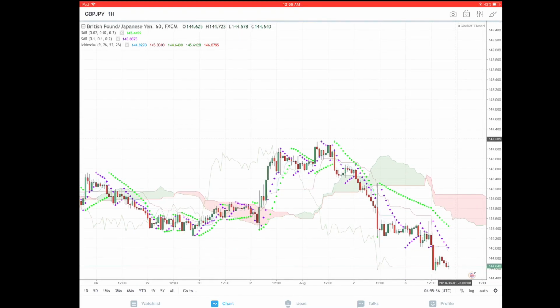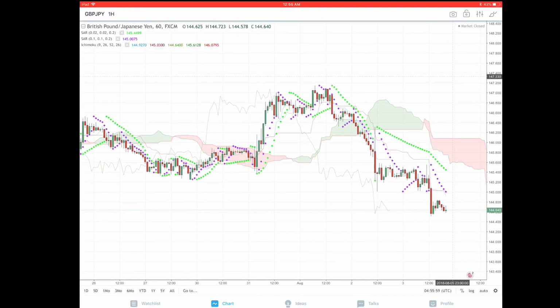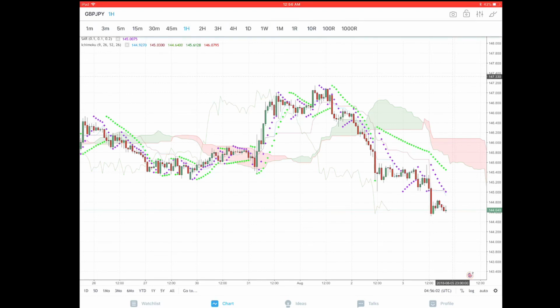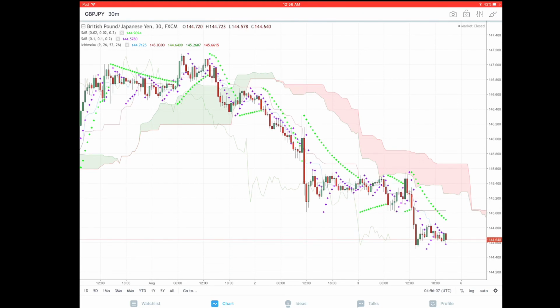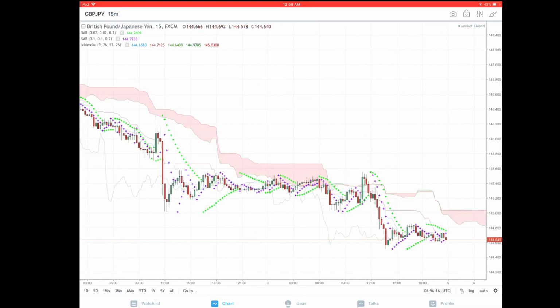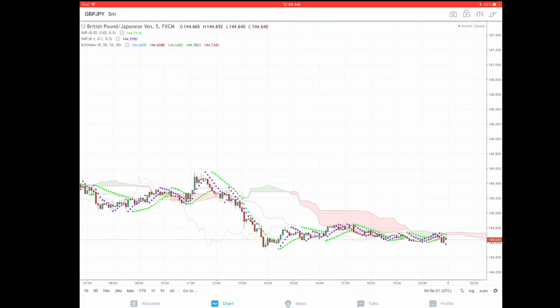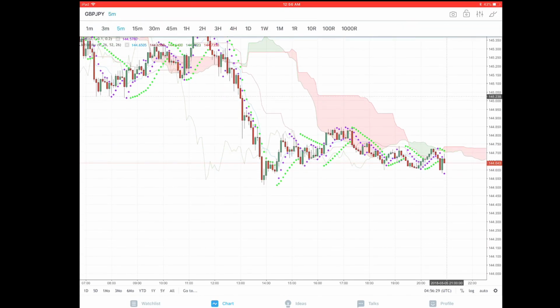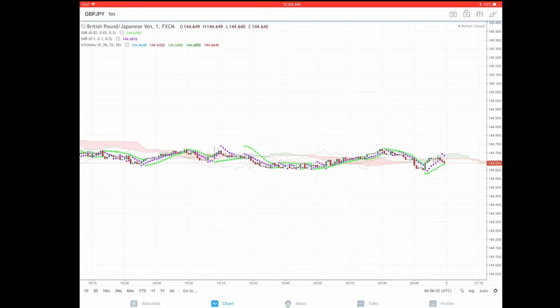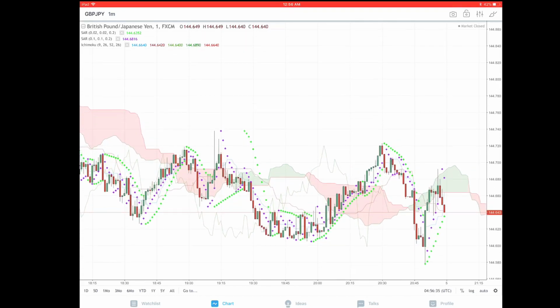Come down to the H1, price is trending down. The 30-minute, price is trending down, but you see a little support hit and the parabolic dropping below the price. So what that tells me is if I go lower, I'm probably going to start to see some inconsistency, which just basically means the price is either ranging or there's an upswing, a buy swing interrupting the downtrend,